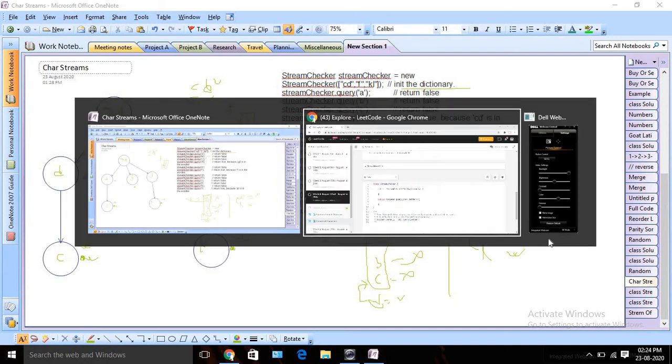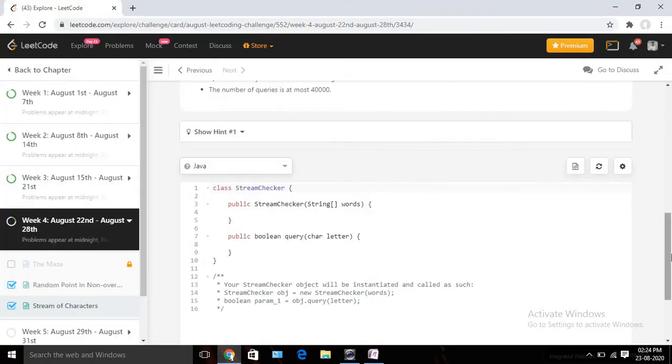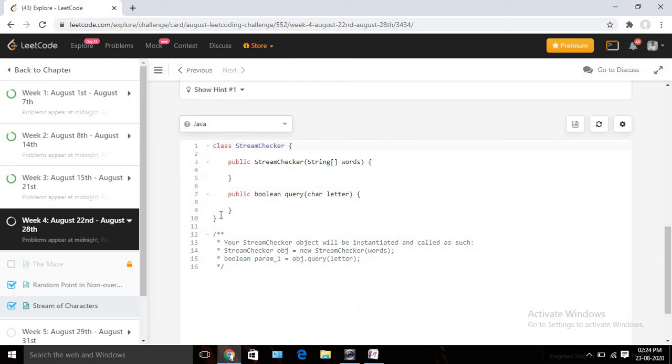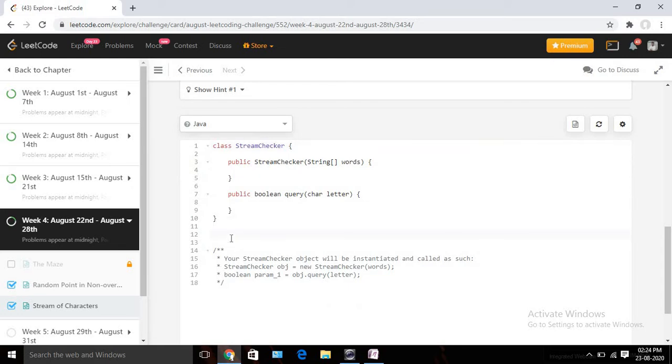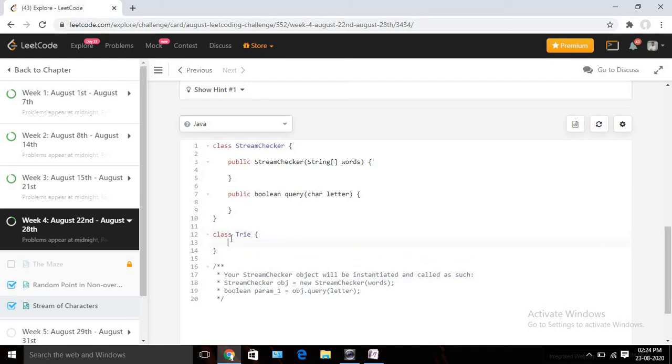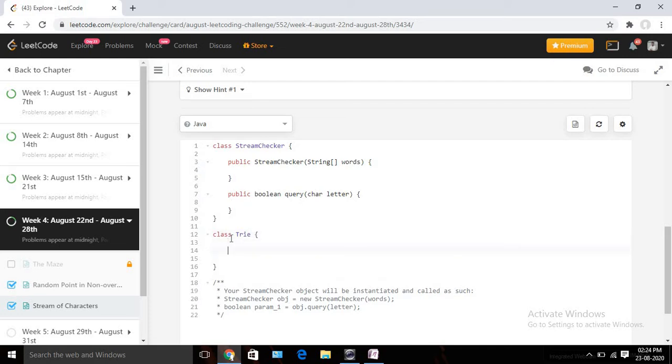Okay, so let's write code quickly for the same using Java. For that I need to create one POJO for our trie. So let's create that. It should be a class, let me name it Trie only, and in this we need two variables, two attributes actually. One should be the boolean value, in which we are going to track whether it's the end of word or not, and another one, because every node can have 26 children, right?